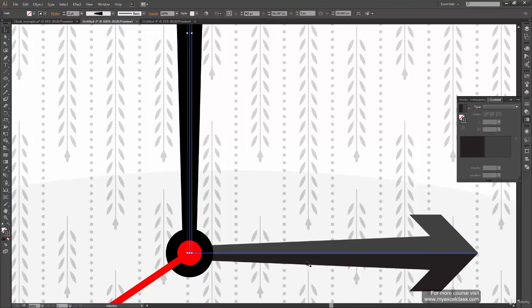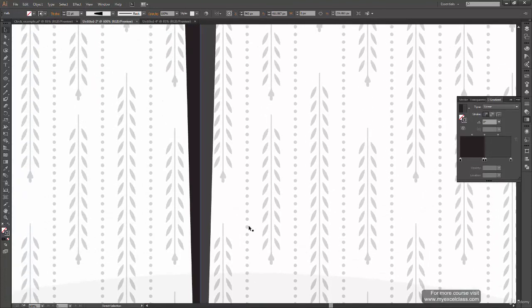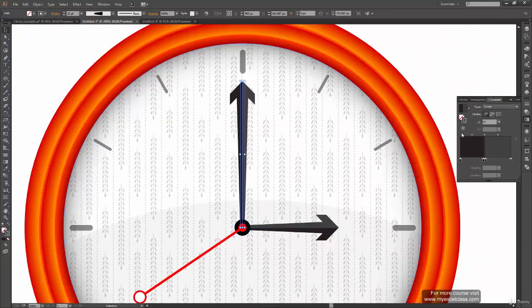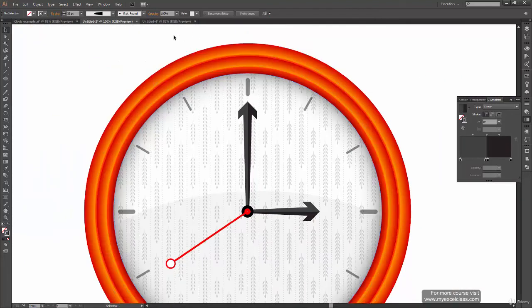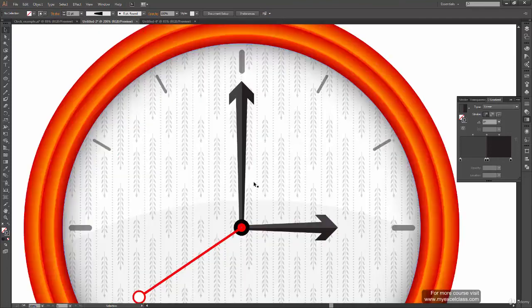Again, for this one, if you want to apply the same gradient, we can just select this arrow and press I on our keyboard to select the eyedropper tool and click on this path to copy the exact same gradient, and it has applied very nicely. Again, I can reverse this gradient so that the light is over here somewhere and it falls on this block. So this part is illuminating and the other part is in dark.